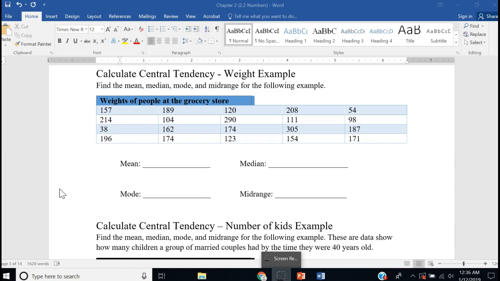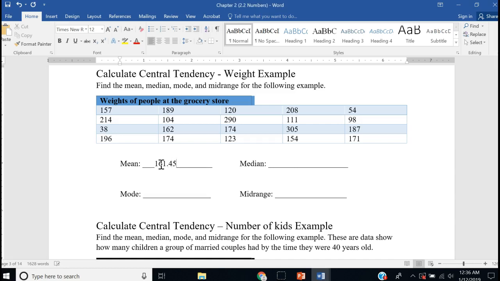So again, put all of the data into list 1. Then, once you've done that, go to stats, calculate one variable statistics, and then L1 should be your list. Depending on which version of the operating system you have, it should be L1 or just one variable stats and then L1 right next to it. Now, if you've done that right, you should get a mean of